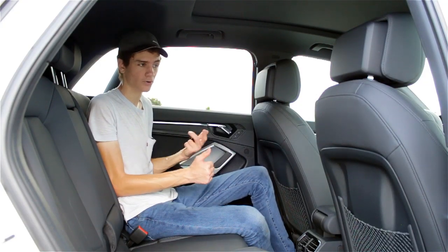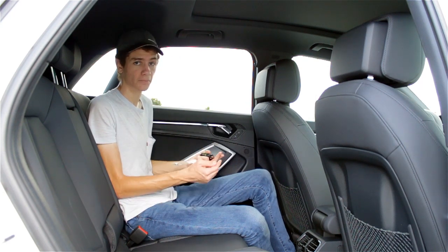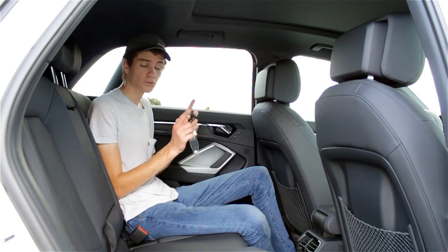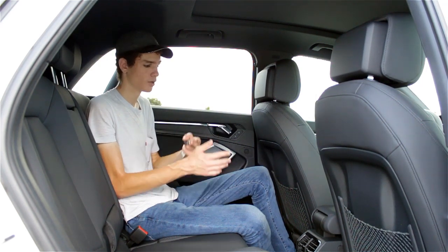If you go over to a Q8 or an e-tron, I believe those have leather all along the door panel, and it really helps the interior be not only quieter because it acts as sound deadening, but also just more luxurious in general because it's softer. But other than those two small complaints, the rear area of the Q3 is fantastic, very comfortable,